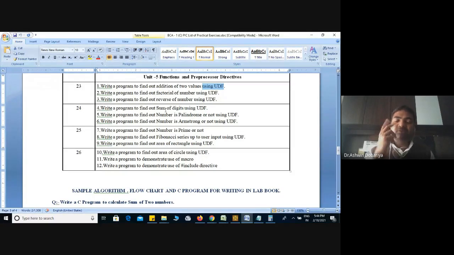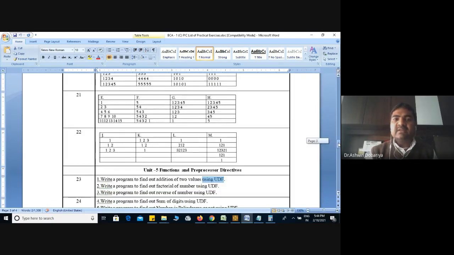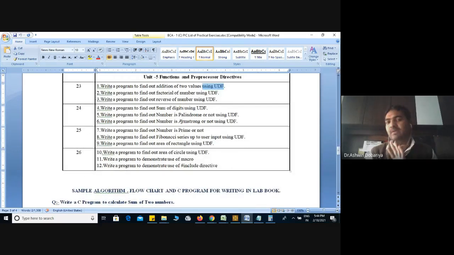Actually, I require 2 labs. Officially, I'm getting 1 lab on Saturday, right? And if time permits, then tomorrow I'll try. If I get one additional lab, then in that lab we will finish the triangle program, and in the remaining 1 lab we'll finish our UDF program. So your ultimate syllabus will be over. And from a theory point of view, I'm getting 1 lecture tomorrow. So if required, then 1 additional theory lecture is also required. So hardly 3 to 4 sessions are required, then we'll be able to finish our syllabus, right?